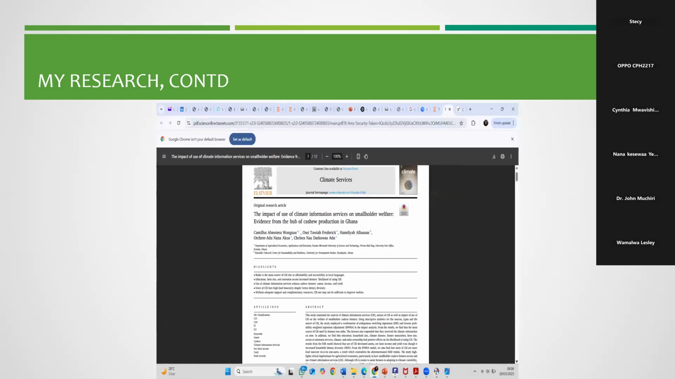And the most recent one, which I also did, has to do with the impact of use of climate information services on smallholder welfare. I did it with some of my students here at the Kwame Nkrumah University of Science and Technology. And this paper actually came out of an undergraduate work, undergraduate students like you. And that is why I am challenging you, empowering you, and motivating you to take whatever it is that we are doing